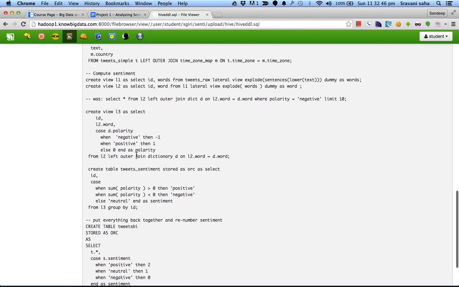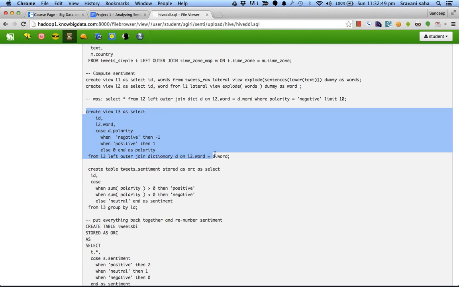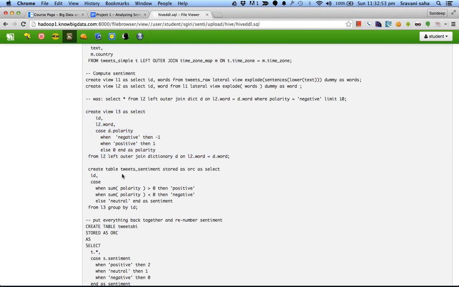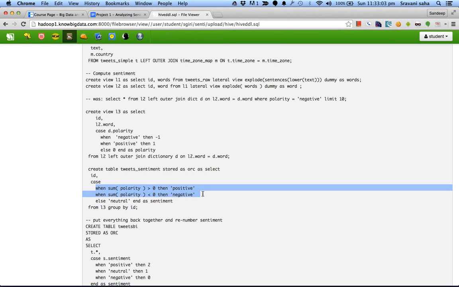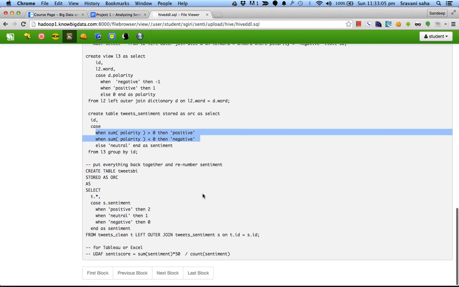So this way we join the table here. You can have a look at it. So this way we compute the polarity of each word, and once polarity is done for each word, we again group it by the ID of the tweet so that we can sum up the polarity for each tweet and compute whether it's negative or positive.